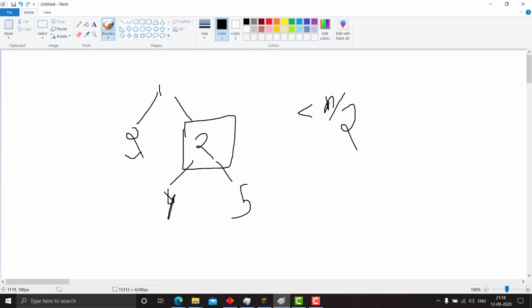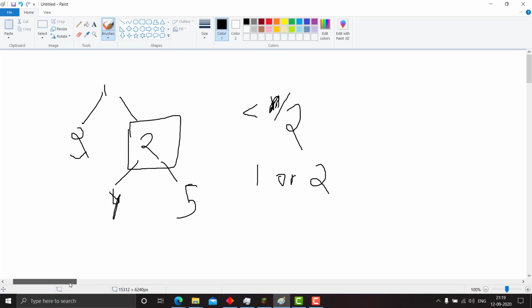There are many good resources for learning about centroids of trees, but I will explain in brief here as it is required for this question. There is a property that there can be only one or two centroids of a tree: there is at least one and there can be two. This is a property which you can prove easily. If you want, leave it in the comments and I will create a video solely for explaining trees, their properties and algorithms for finding centroids. Okay, so next we move on.